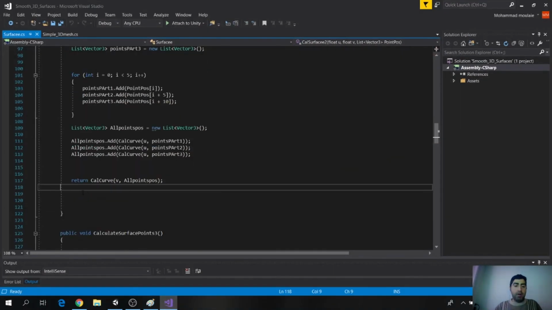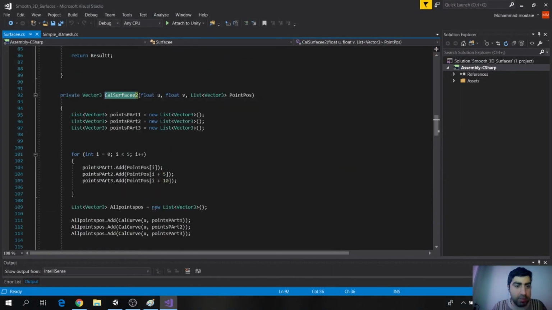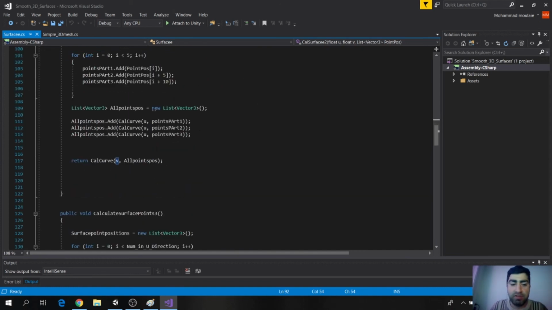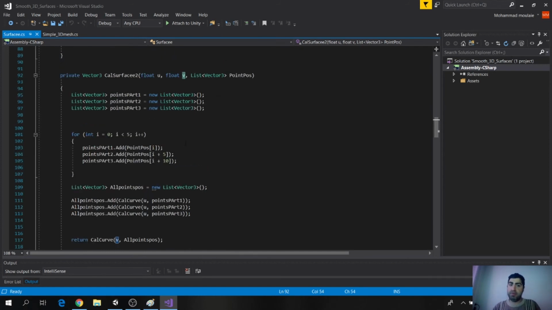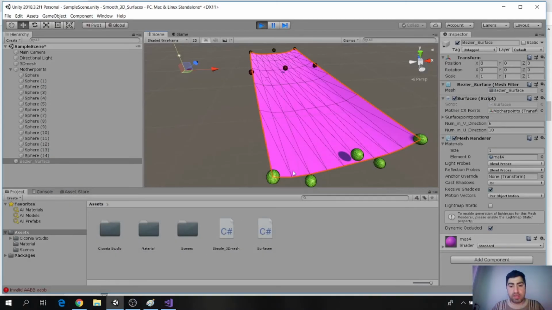So now in this function, we should just input a specific u, a specific v, and all the positions of all control points. And what will be the return of this function at the end? The positions of all points. In order to input the specific u and v, many, because we have many u and many v, for example, in this example, if you have 10 u and 6 v,